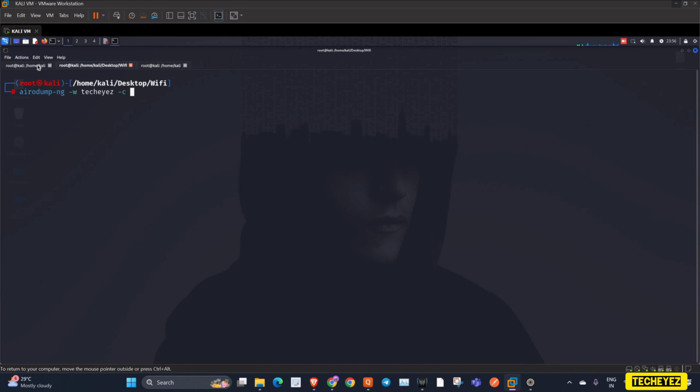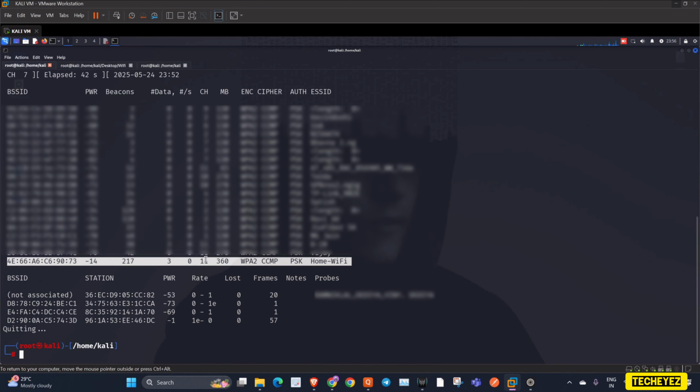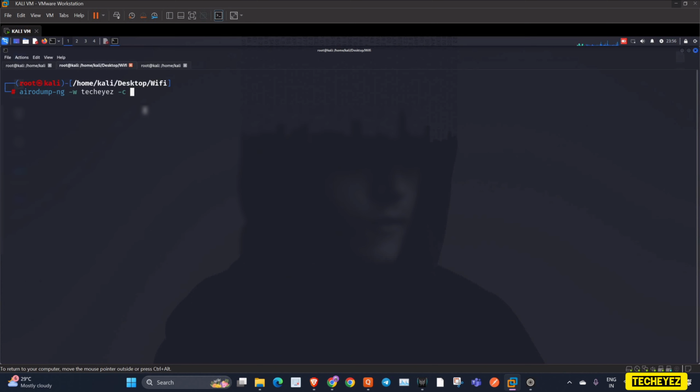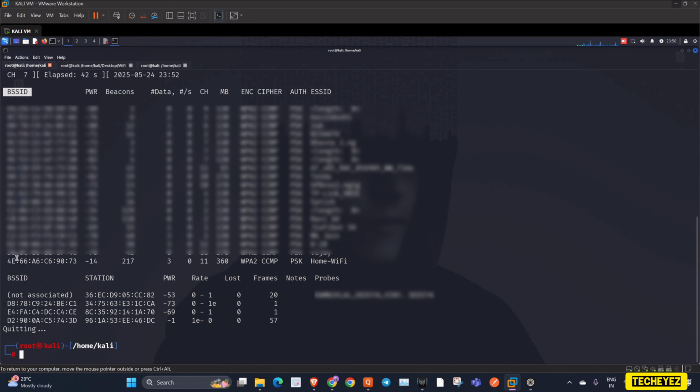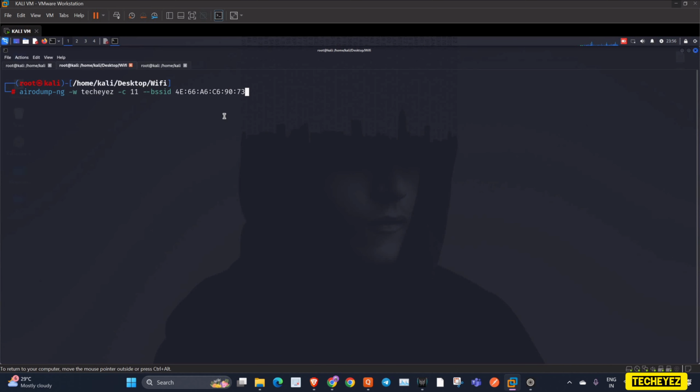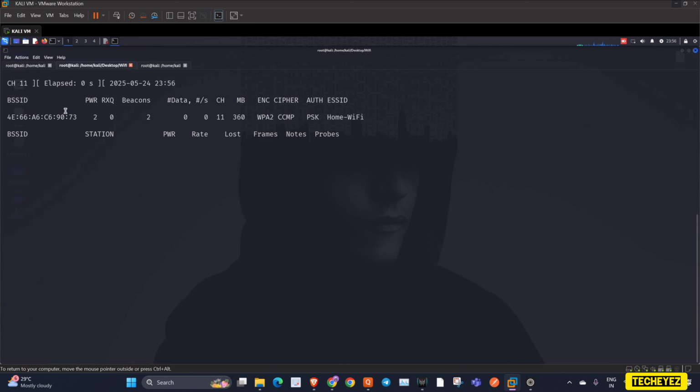We will also specify the channel, which is 11, and then we will specify the BSSID, which is the MAC address of the router. So I'll copy the MAC address of the router and paste it. And finally, we'll specify the network interface wlan0 and press enter.